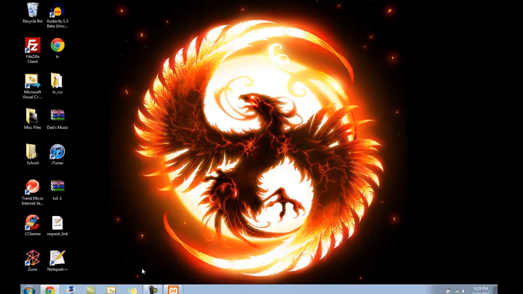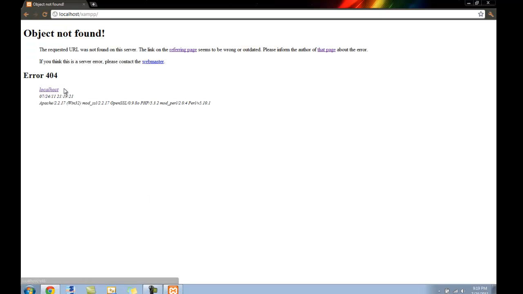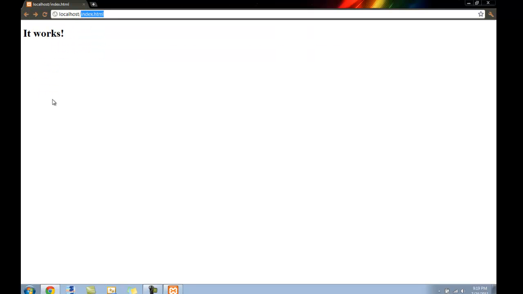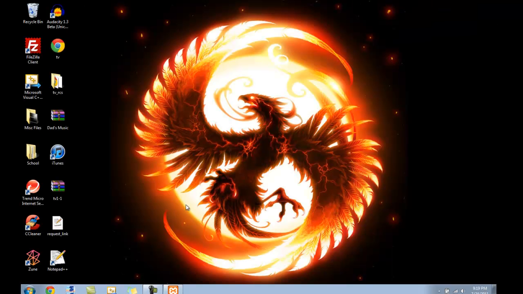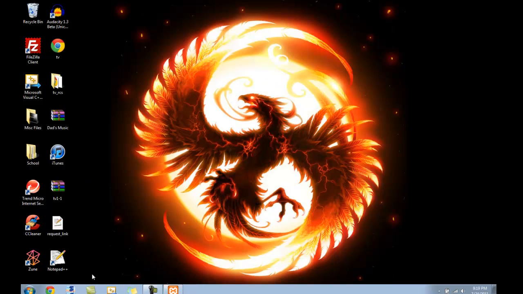Now, an error is gonna come up when we try to access localhost again, because it won't be able to find it. Basically, it'll just show us this, but we don't want it to show this. We want it to show a different page when we load it up. So how do we accomplish this? This is very simple. What we do is we create an index page. Now, creating an index.html page,